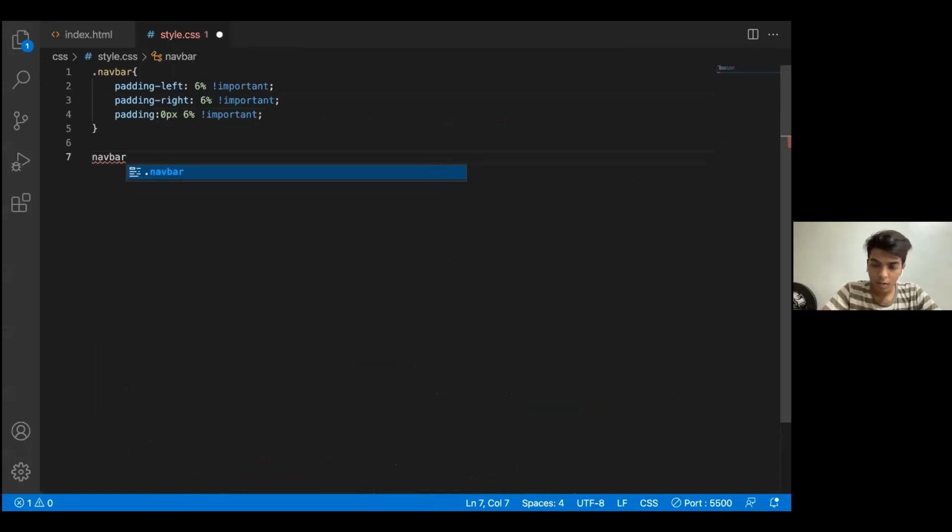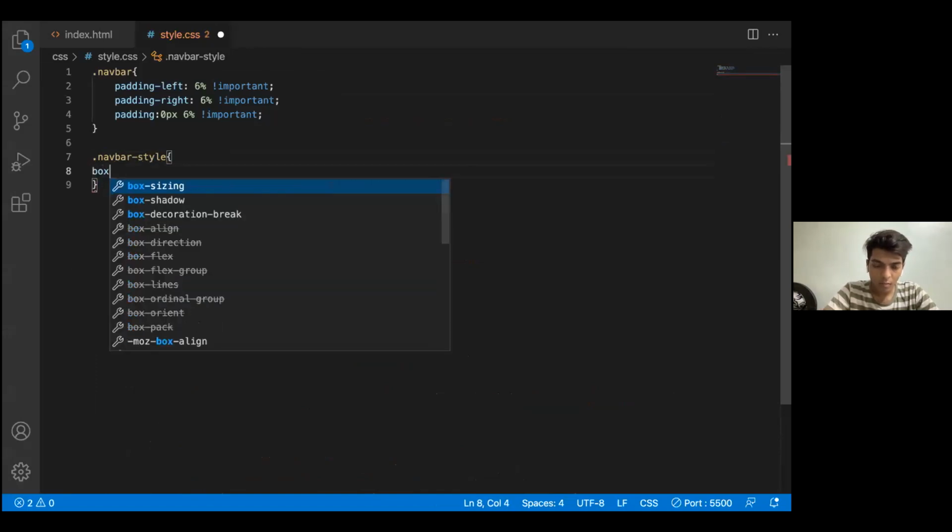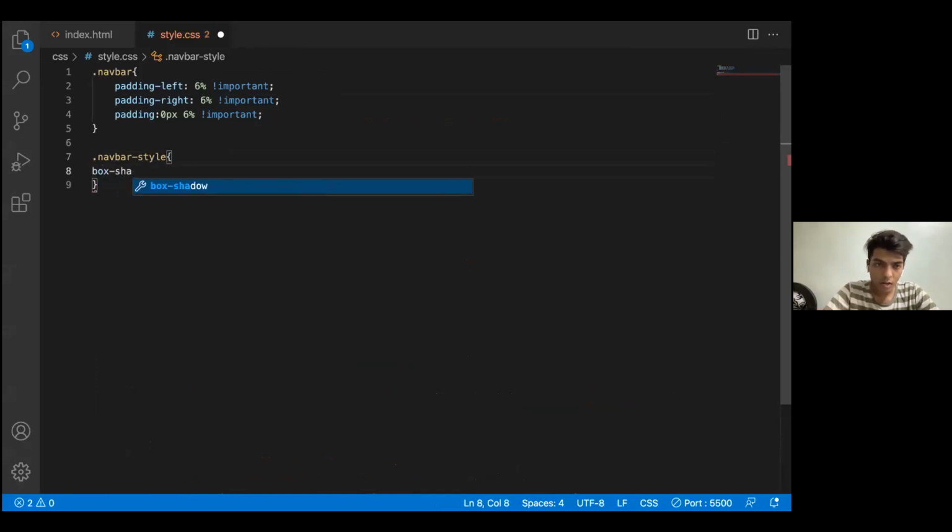So navbar dash style, and then a box shadow. I just missed a dot here, so dot navbar dash style, and I want a box dash shadow,